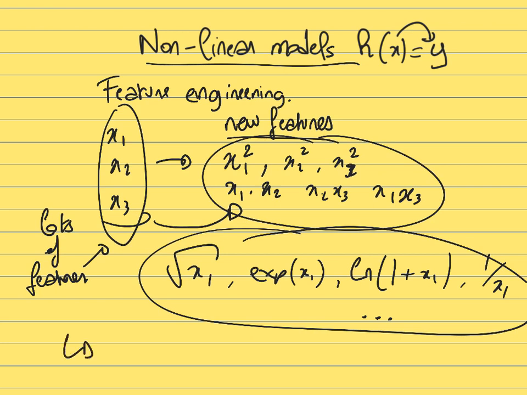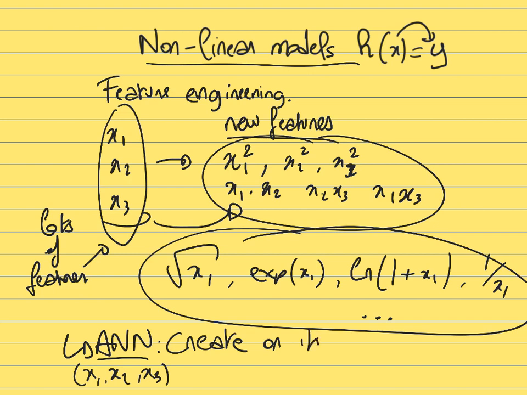So here, one of the main advantages of the artificial neural network techniques that we are going to talk about now is that it can create its own new features. It can start with the features x1, x2, x3, etc. And based on those features, it's going to combine them on its own in a smart way, without the need for you to decide how you should combine those features. And it's going to create on its own some new features that hopefully are going to be useful to predict the output.